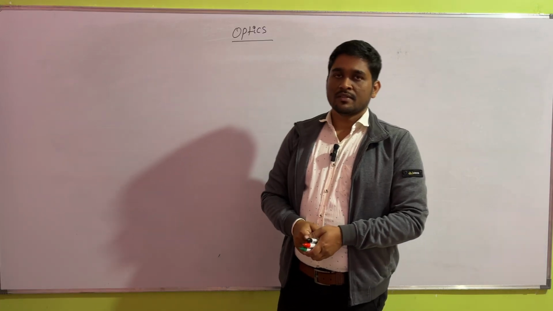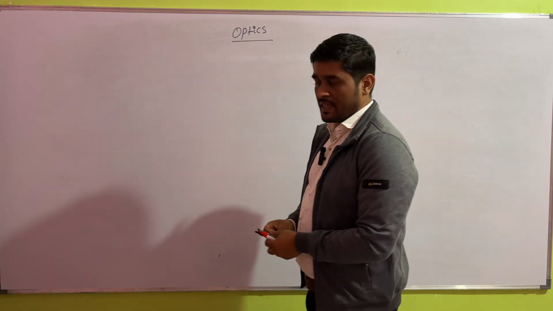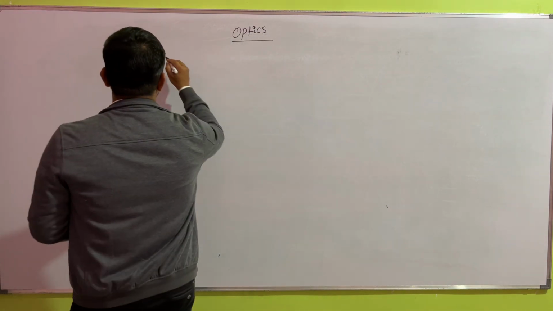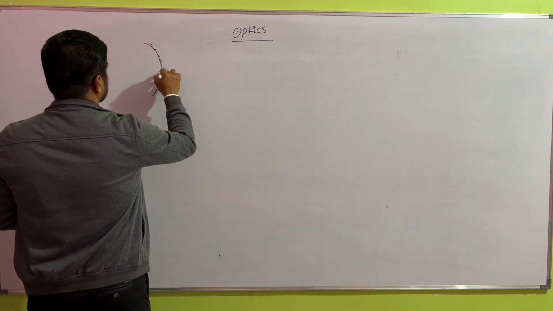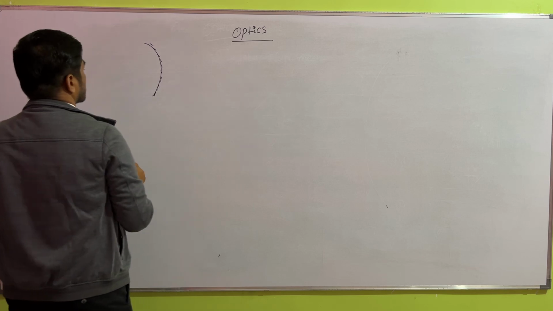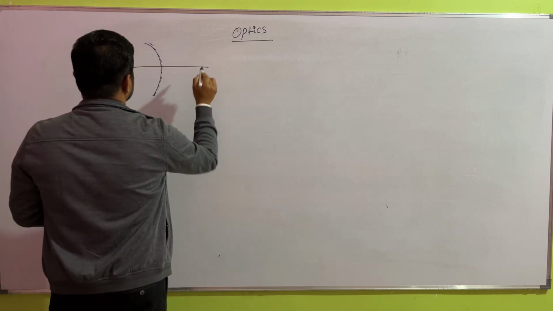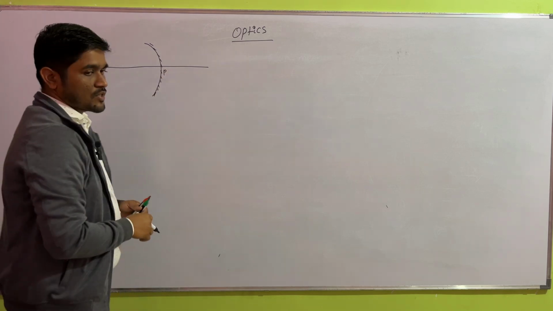Center of curvature, radius of curvature, focus and the focal length for spherical mirror. Let this be a concave mirror in which this is the principal axis and this point is known as the pole,